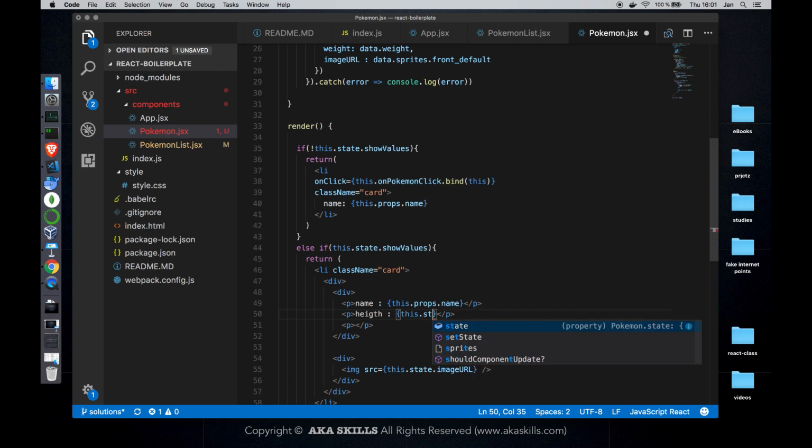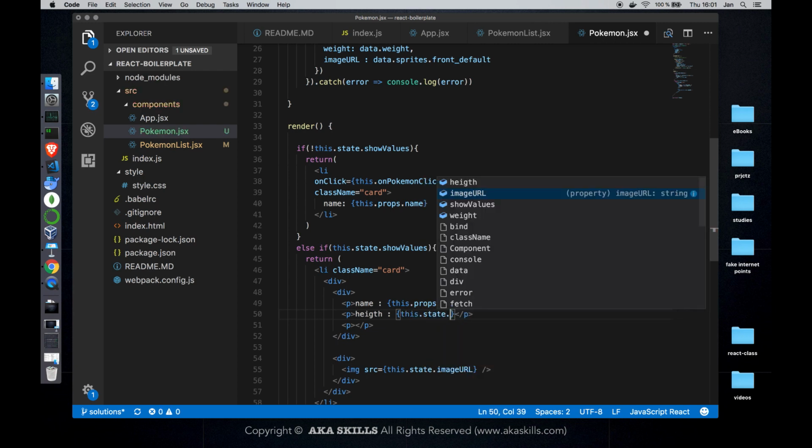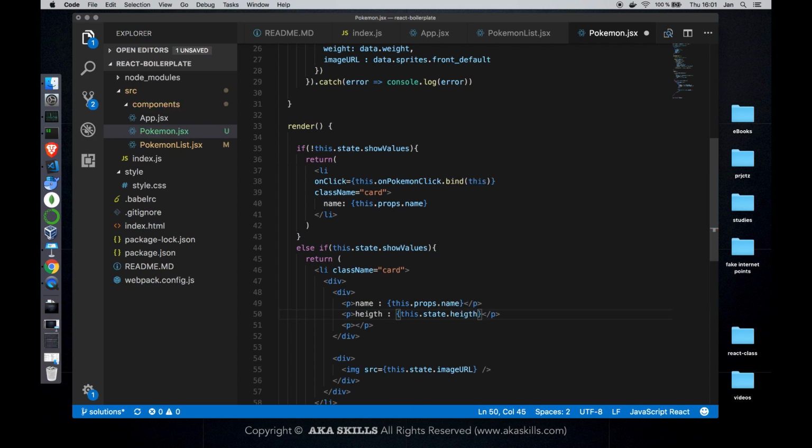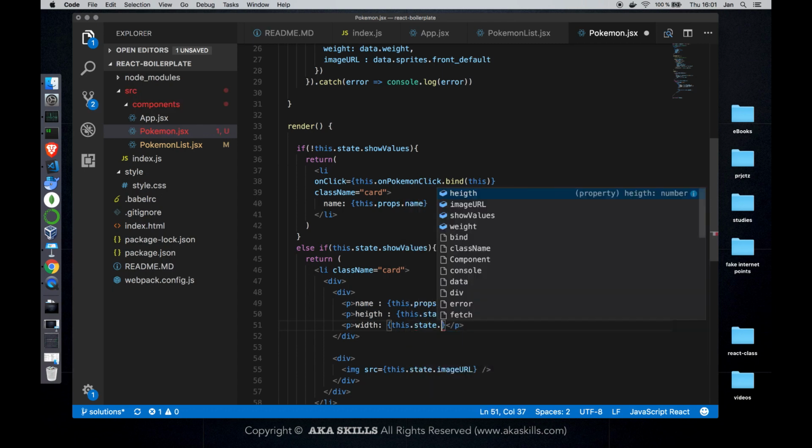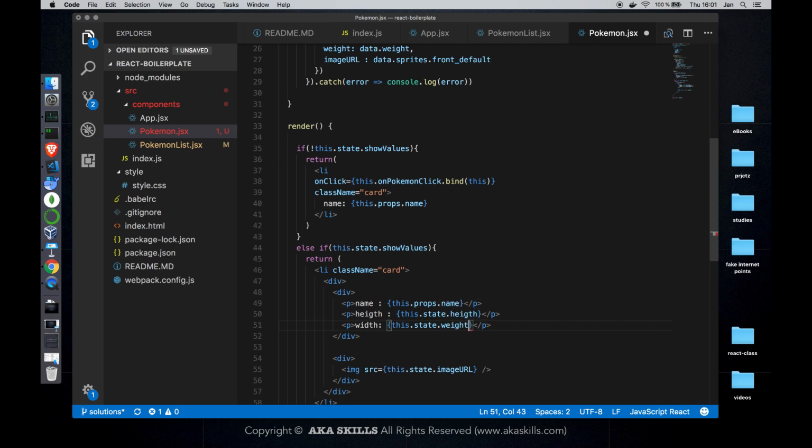And the height should be bound to this.state.height. And here, oh sorry, I will go for the width. And the width should also be bound to the state after the fetch. Sorry for the weight, I'm way too CSS-y here. So for the weight,